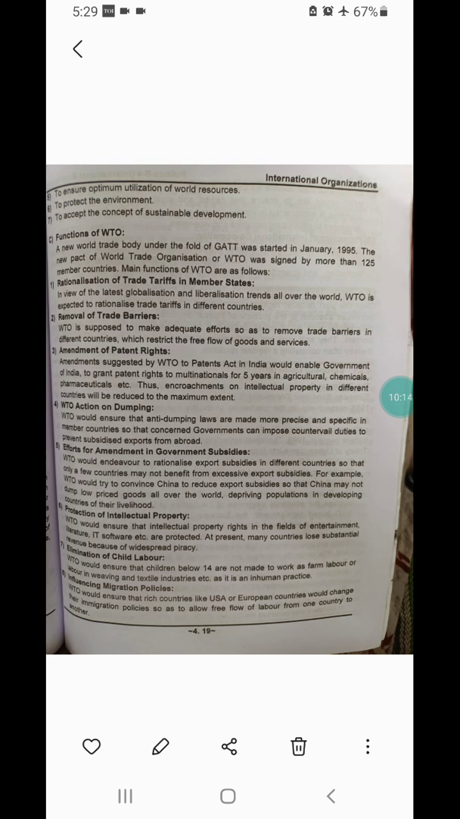Then functions of WTO. A new world trade body under the fold of GATT was started in January 1995. See, न्यू वर्ल्ड ट्रेड बॉडी। अब गैट कब स्टार्ट हुआ था, अभी गैट को रिप्लेस करके क्या हुआ था, यहाँ पे WTO फॉर्म हुआ था, राइट। कब हुआ था, in 1995।